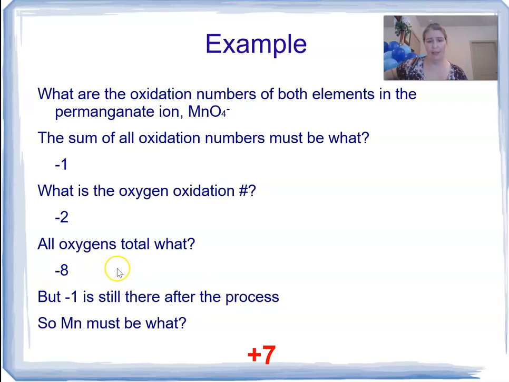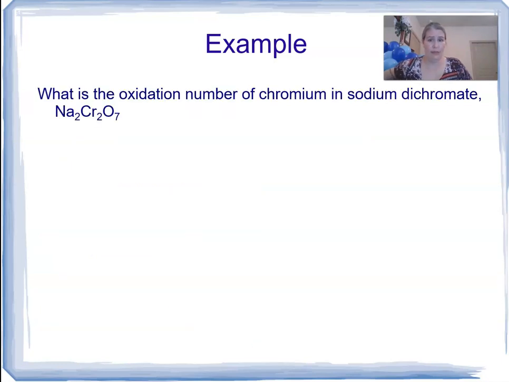-8 plus 7 equals -1. And this is the same process you would follow for any polyatomic ion. Well, what if I have an ionic compound? Let's say I want to find out what's going on with the chromium in sodium dichromate. And I gave you the formula here,